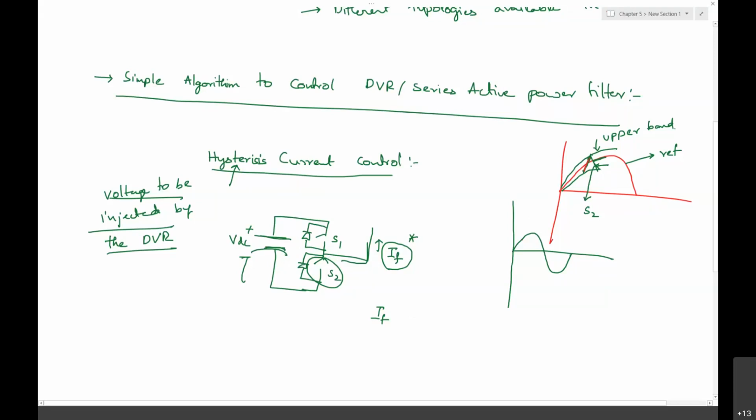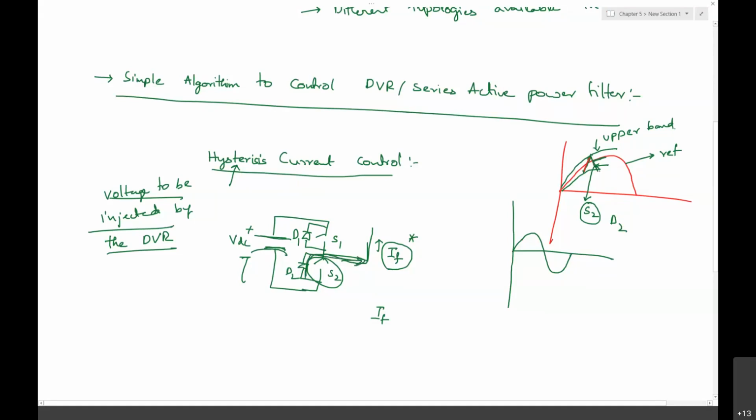You may think that S2 is going to conduct, but S2 is not going to conduct in this case. The only conduction which is going to happen is of D2. I'm not going into details about why it is D2 and D1 also. I'm just mentioning that when you try to conduct the S2 switch, only the diode D2 is going to operate. Even if you try to switch on the S2 switch, it doesn't conduct, because the current direction is the same, since the current is positive. The current still flows in this particular direction.